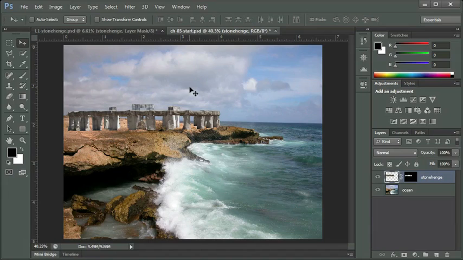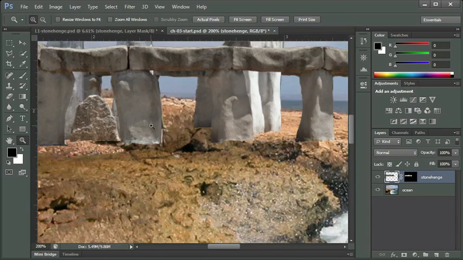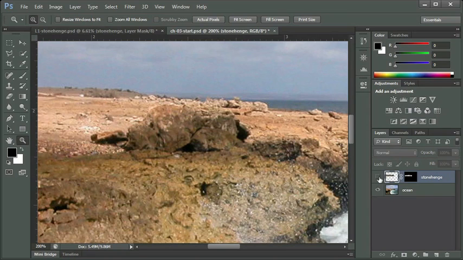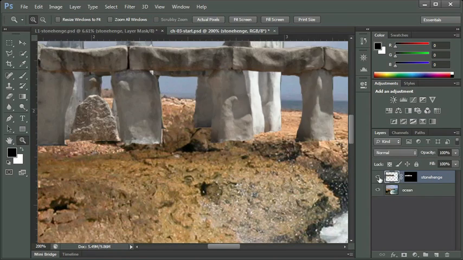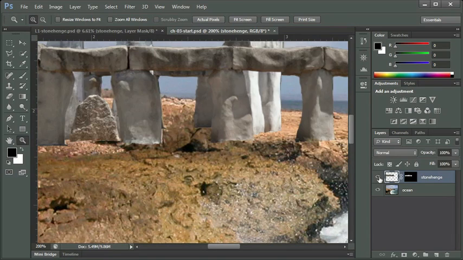We're going to continue to work with non-destructive edits and then try and improve this image of Stonehenge being on this cliff. So let's go ahead and zoom in on our image. Again, I press the letter Z so I can call up the zoom tool. And you'll notice, I'm going to turn off the visibility on Stonehenge. There's this big rock on the cliff, and Stonehenge is just kind of laying haphazardly on top of it, and